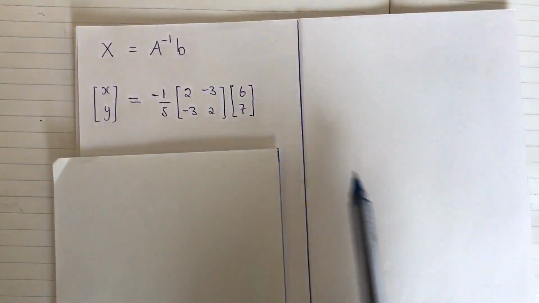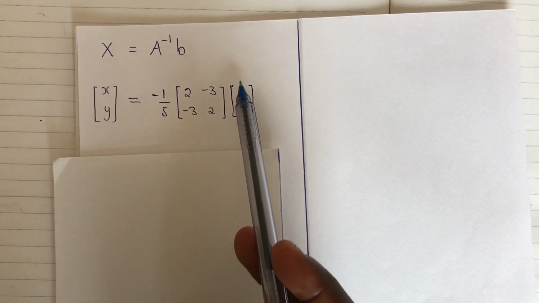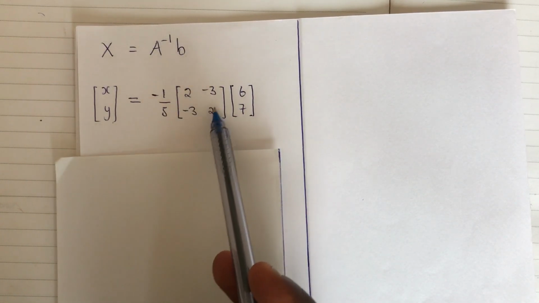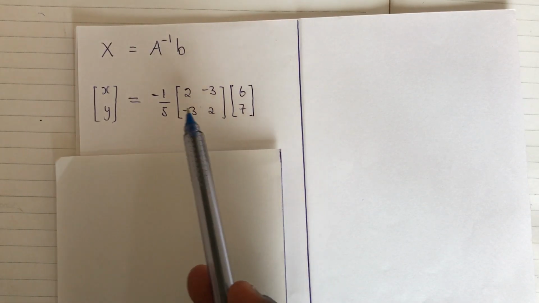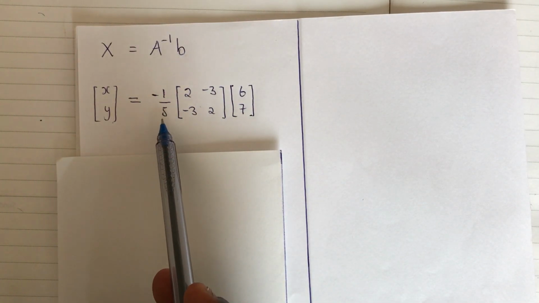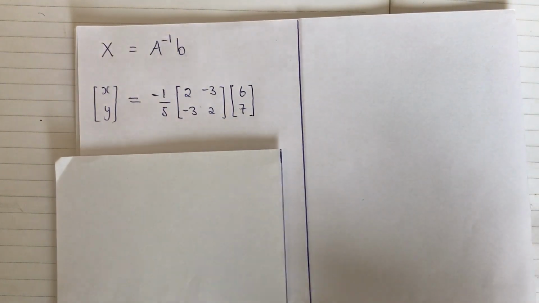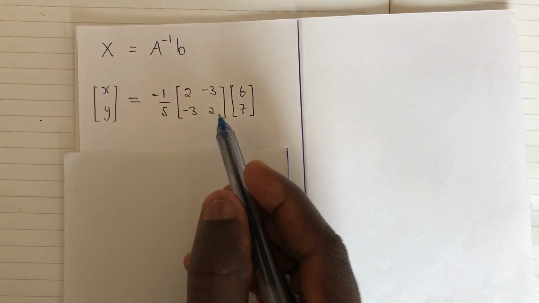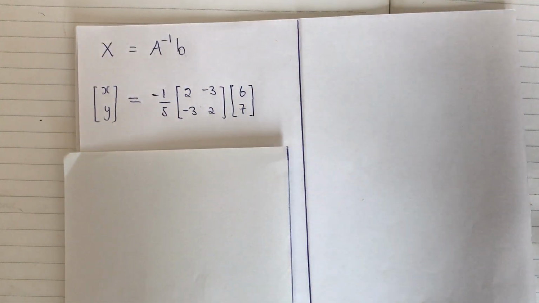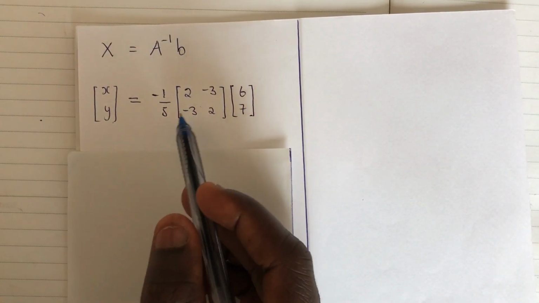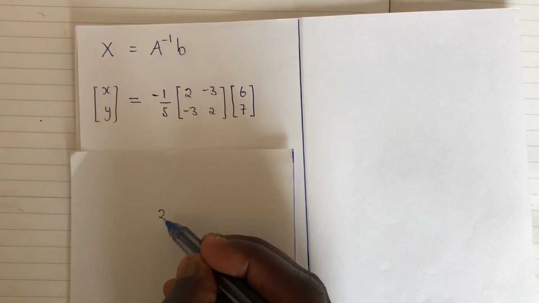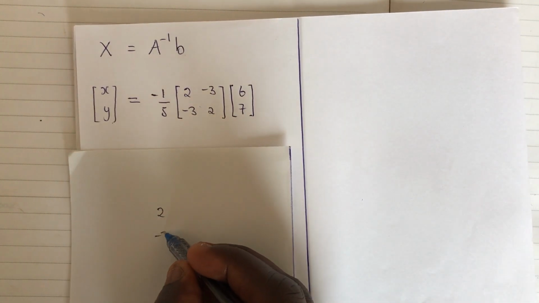So the first thing you do, use the matrix here to multiply the matrix A, which is the adjoint. When you finish, use the 1 over 5 to finish the calculation. So first, I'll write my matrix A down. If you have watched my video under multiplication of 3 by 3 matrix, I taught you how to multiply two separate matrices. So I'll first write the 2 by 2 matrix down, which is 2, negative 3,